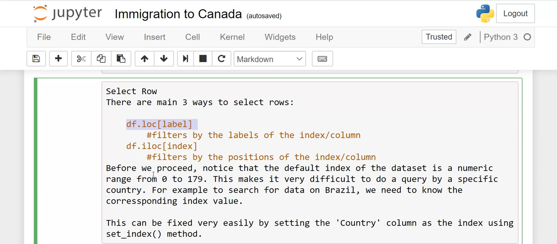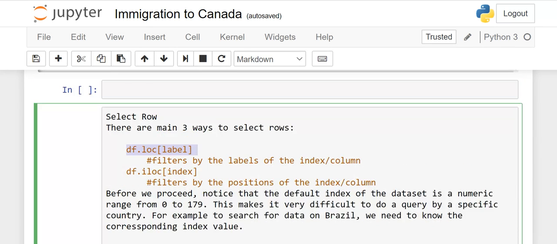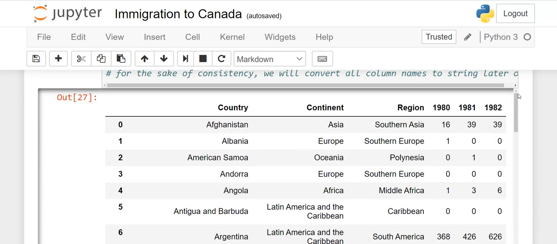Here I have written: before we proceed, notice that the default index of the data set is a numeric range from 0 to 179. This makes it very difficult to query by a specific country. For example, to search for the data on Brazil, we need to know the corresponding index value. What is the meaning of this? I will show you here. See, these are the index.